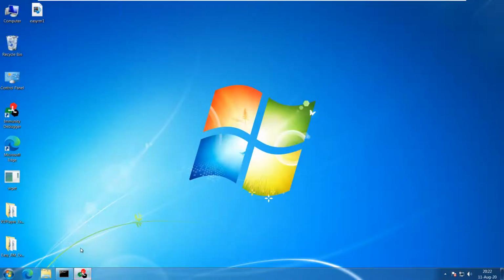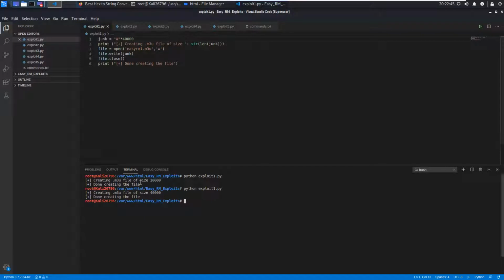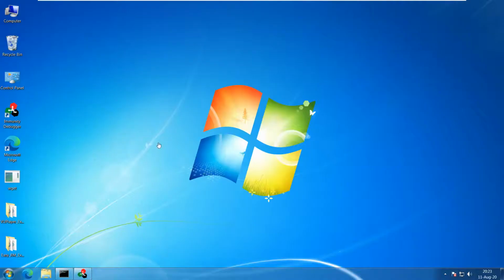However, let us try to find a bordering value so that we get an optimum memory size for the exploit, so that we don't have to send 40,000 altogether. We may try to get the optimal value. So I decrease it by 5,000, meaning I send a file of size 35,000. Let's compile it and send it.